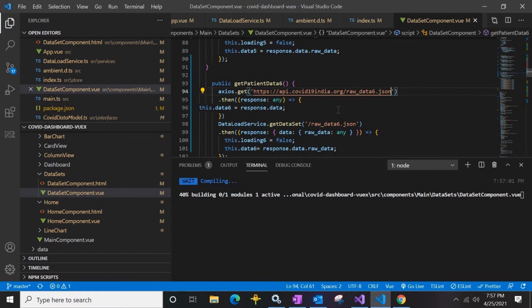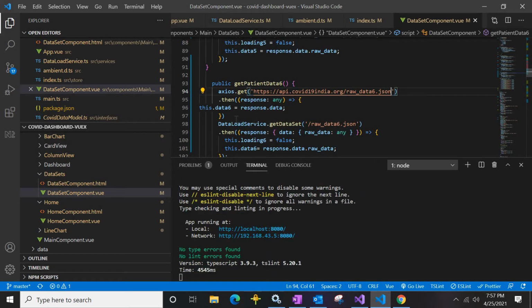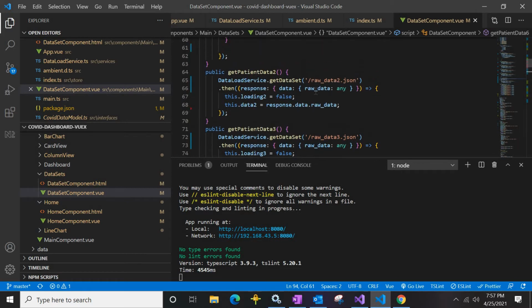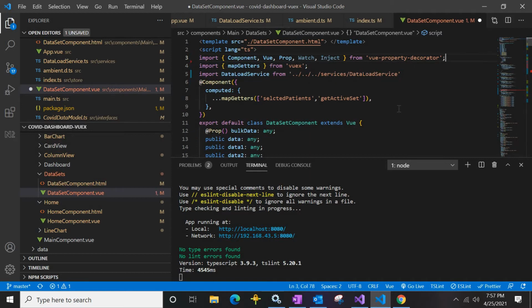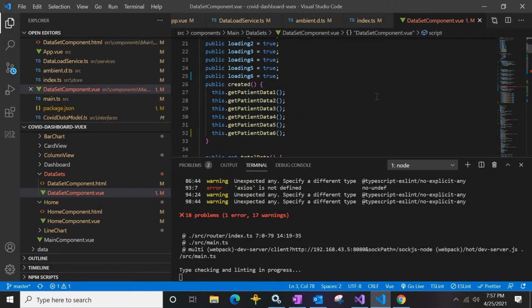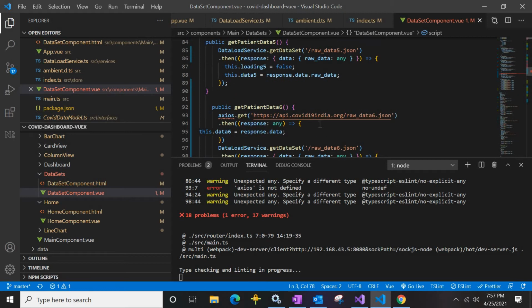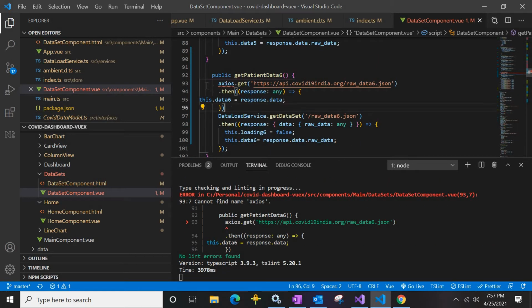This is going to perform the same action, but we have refactored that code. It's not good to import Axios in every component and do the get, post, put, all the HTTP verb actions. So in that case, we create a service.